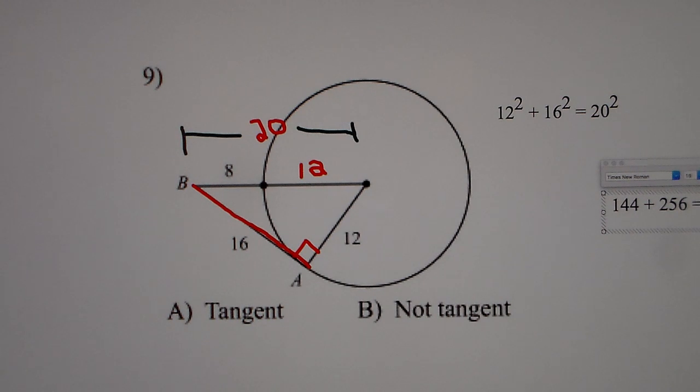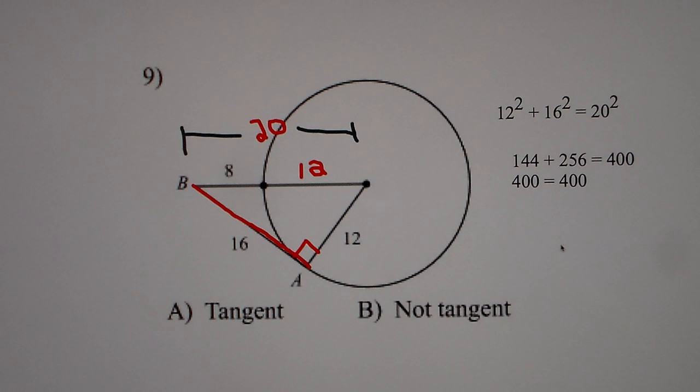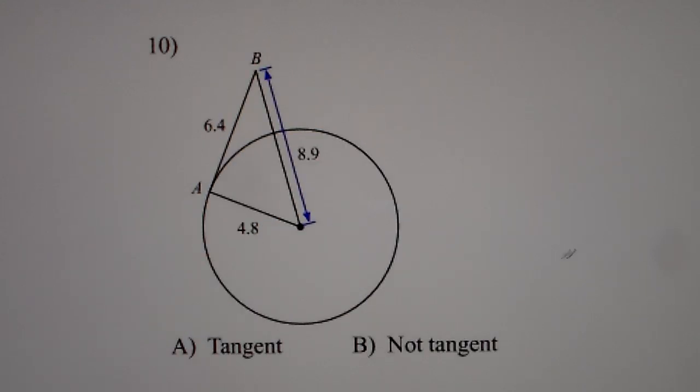Now what does 144 plus 256 equal? Does that equal 400? You bet. So 400 equals 400. Slide that back into the picture. And since 400 equals 400, that means it's tangent. Just the same number. Number 10,